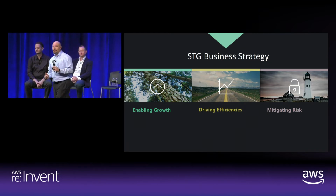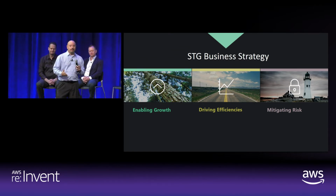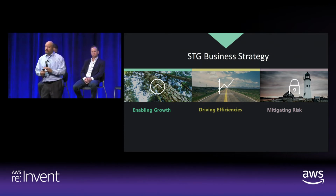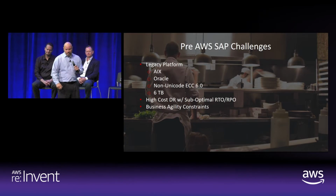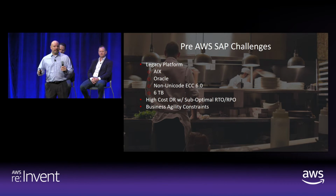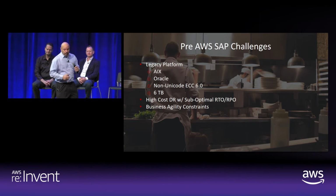Everything that we do in the Systems and Technology group at Compass is centered around essentially three principles: enabling growth for the company, driving efficiencies for the company, and mitigating risk for the organization. With that in mind, as the backdrop, that's the reason why we embarked upon migrating our SAP instance from on-prem to AWS in partnership with the Lemongrass